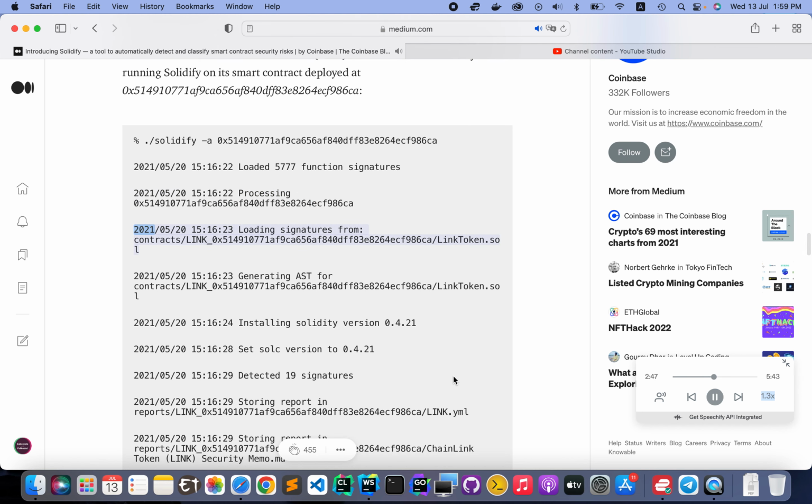The 20th of May 2021, 15:16 and 23 seconds, loading signatures from contracts/link_0